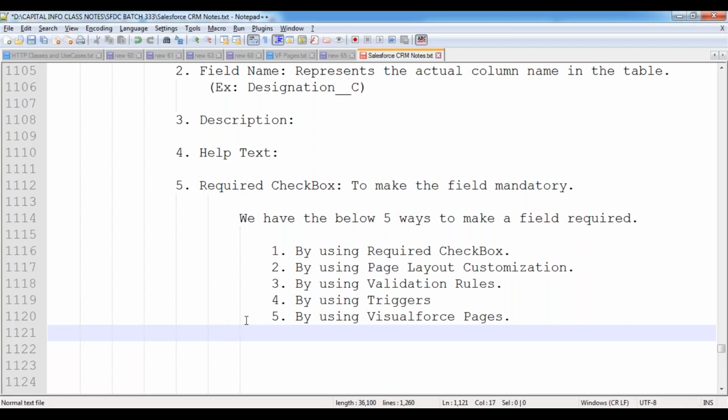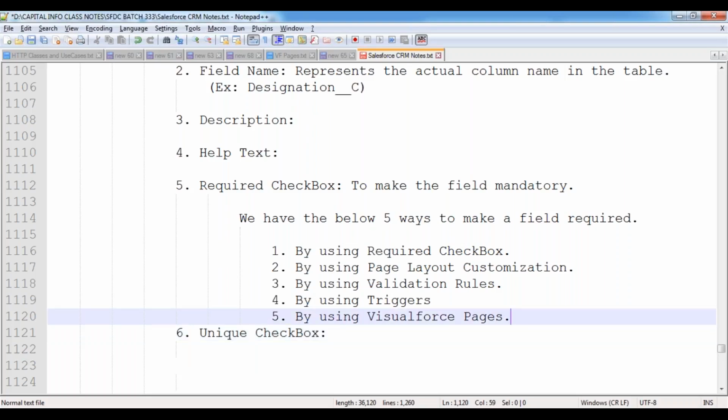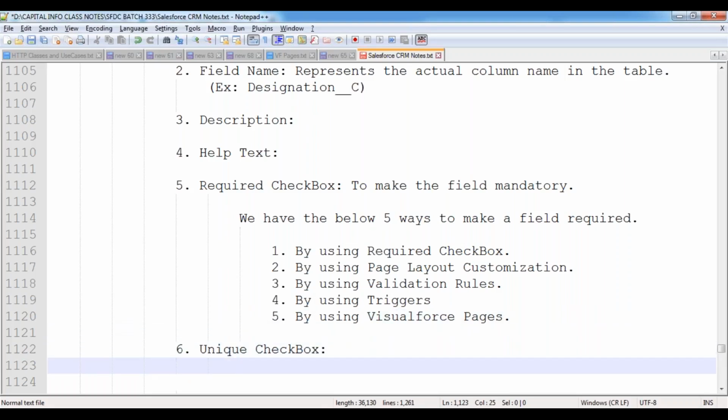Now, this is the next one, the sixth property: the unique property, that means the unique checkbox. What is the use of this property? This property is used to make that column value unique. That means in the column, the same value you can